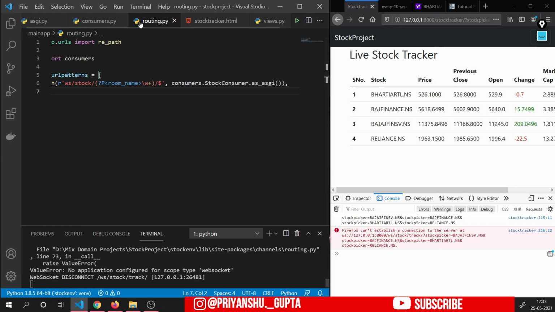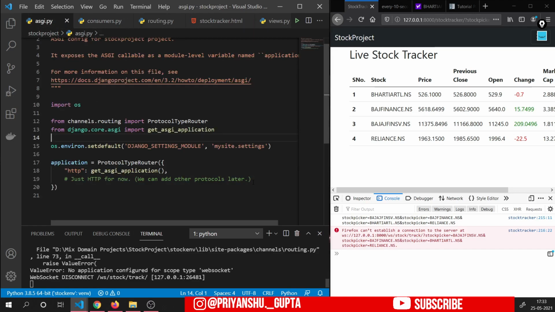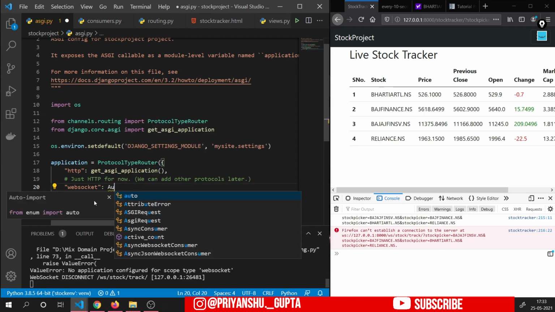Now we will have to add one new thing inside our asgi.py file, that is here, because currently we were only handling the HTTP protocol, but now we will have to add one WebSocket protocol also. So for that we have WebSocket, and we will use auth middleware stack.